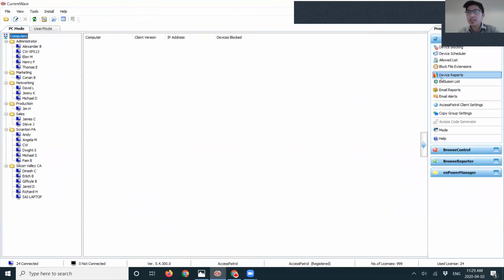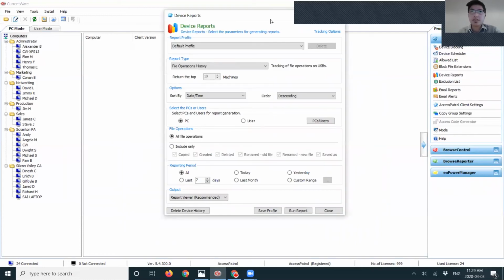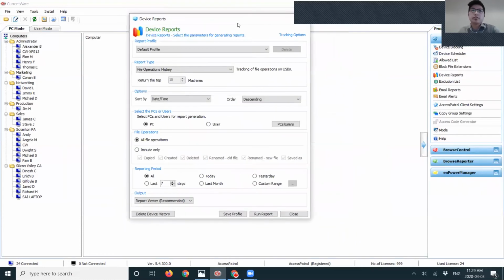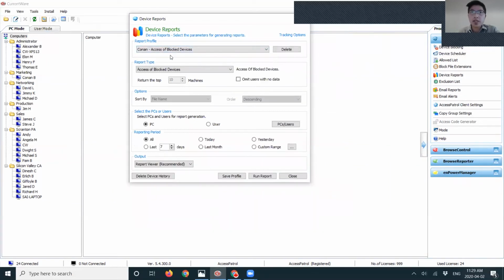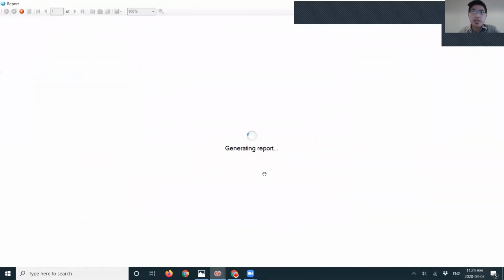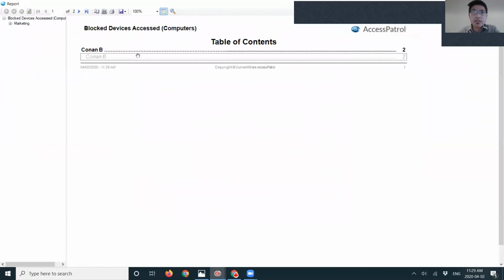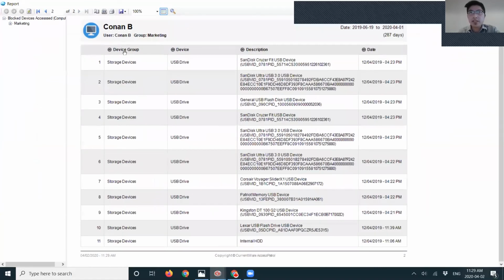Now, the next thing with Access Patrol is the ability to track the devices that are being plugged into the laptop, as well as the activities that are being performed on those USB devices. So for example, I want to show you a report here where you're going to see Conan, this sample user, plugging storage devices that are blocked into his computer.